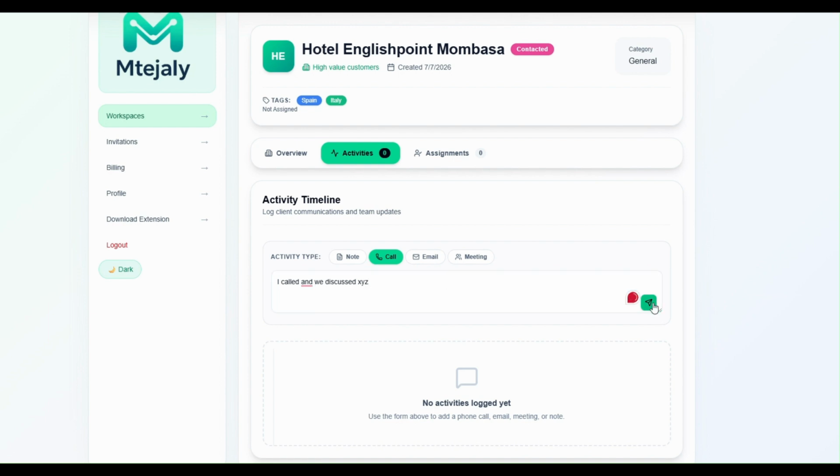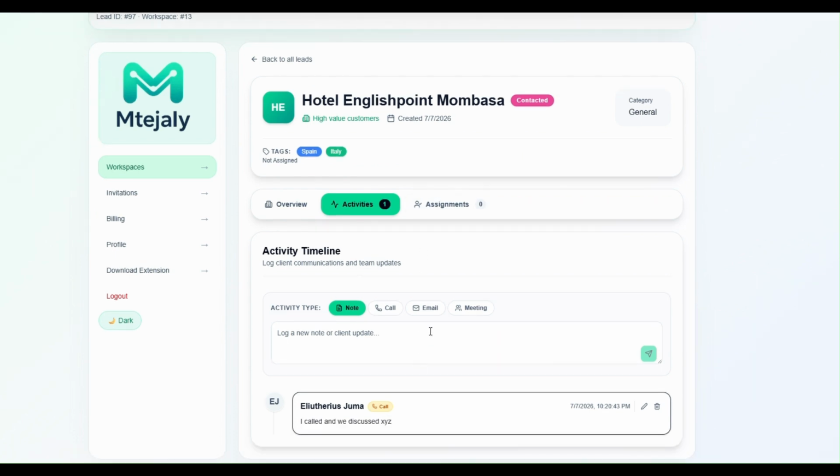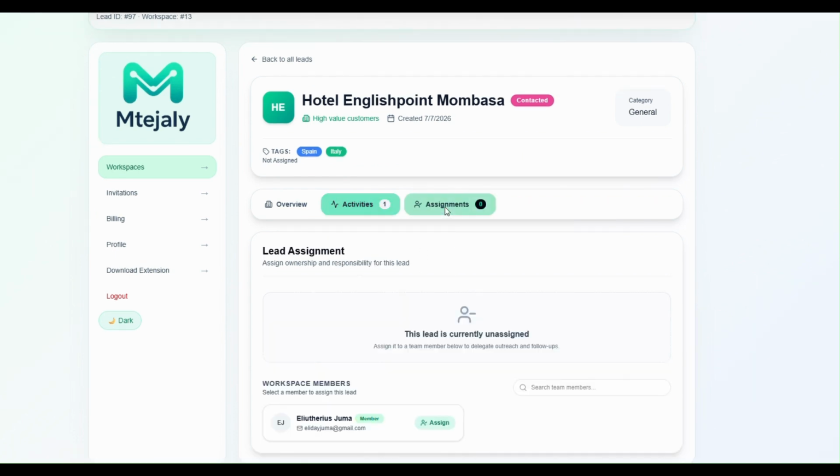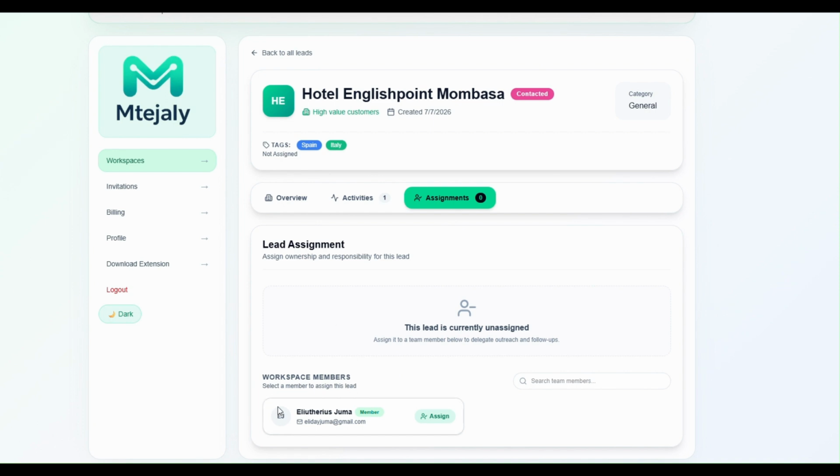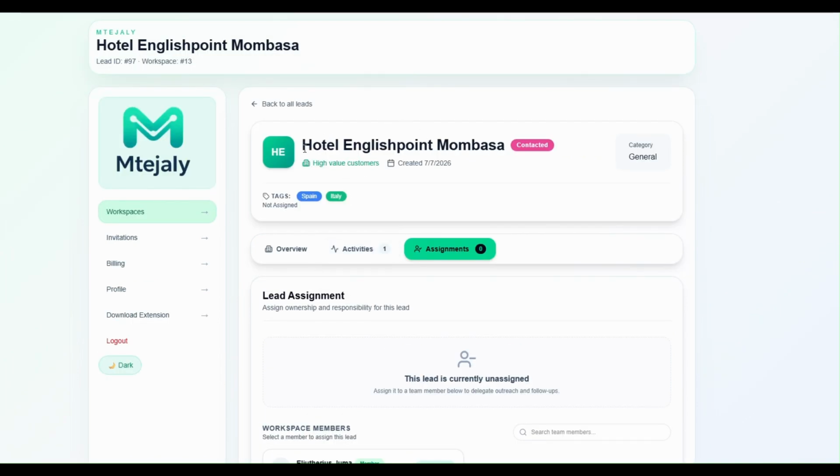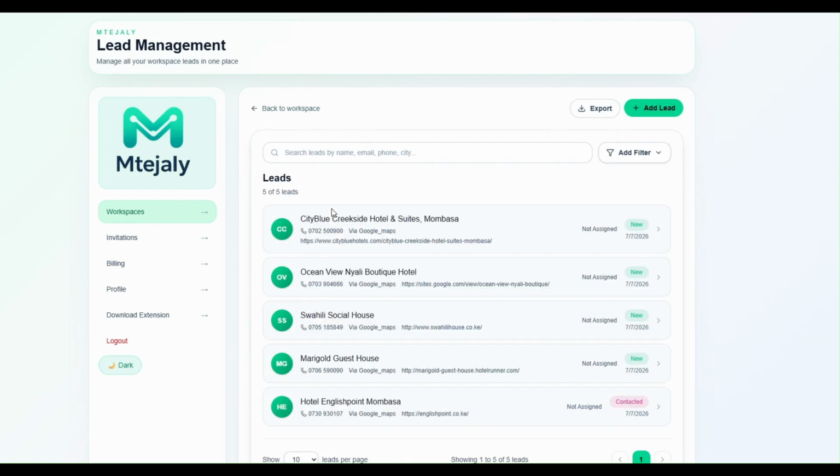And then you can also make assignments. So for this workspace, I'm the only member, but you can invite members to the workspace and then assign different people different leads. So that's it for this demo, and I hope